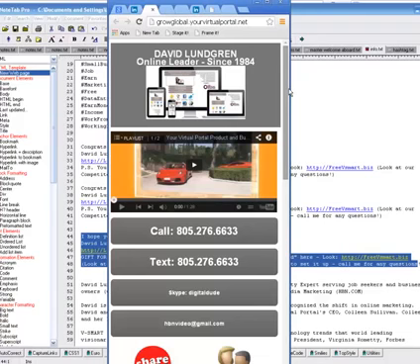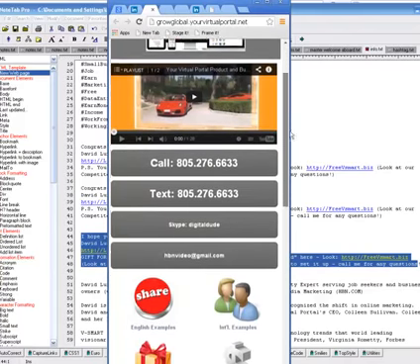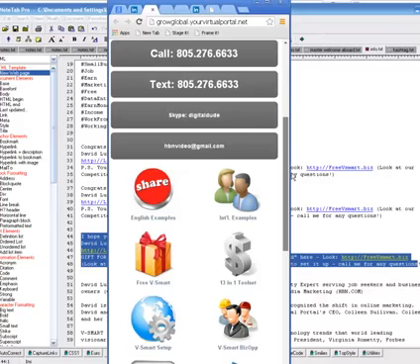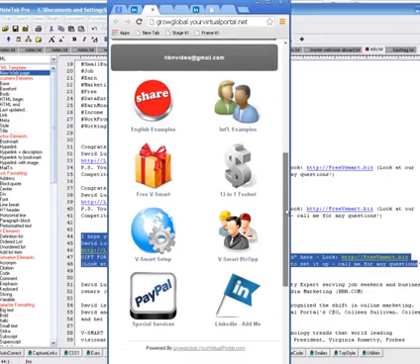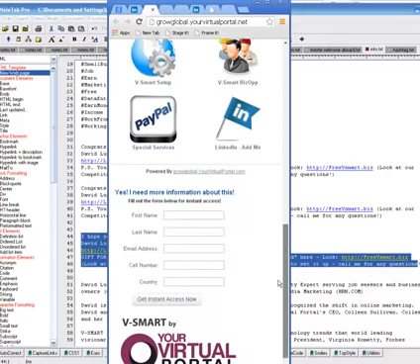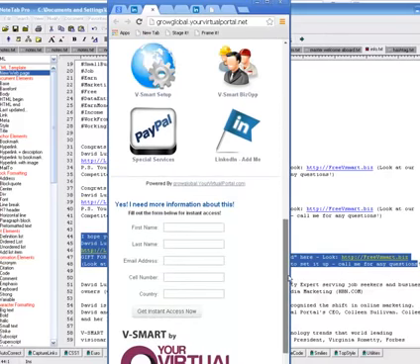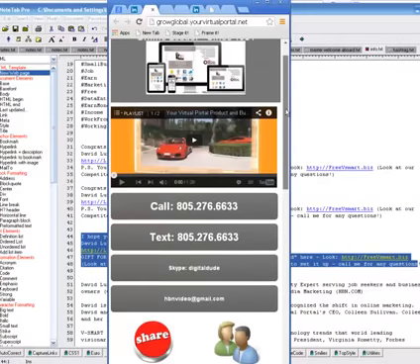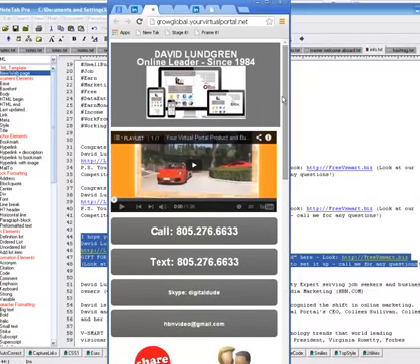So you can see this is what it looks like on the digital business card, or what we call a vSmart. What it does is it automatically conforms to the display of the device. So as you saw on a PC, a big screen, the opt-in form was on the right. And now I'm scrolling it down like maybe a tablet would see it, a 7-inch screen, or up to a 12-inch screen, some of the tablets. But you'll see that the opt-in form is now down below. And that would be the same thing for a smartphone.